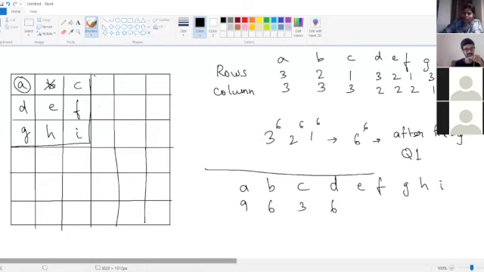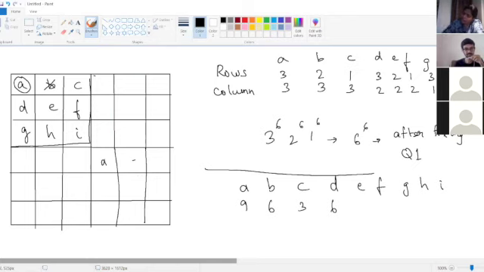Wait. For B, how did you say it is 6? Because it can't go in the same column as A, it can go in the remaining 6. Oh, okay. Yeah, it can go anywhere here. Fine. Similarly for C, it can't go in A or B's column, it can go in the other column, which is not filled.